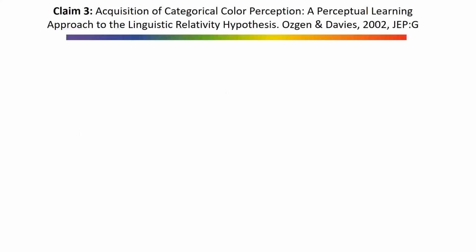Okay, well, this is quite interesting and raises another question. How do we acquire maybe these color categories? This is something that, when my paper that I talked to you about in Cognition was in review, our reviewers suggested that this is a very important study to look at because some of its findings may not go quite in line with what we find. And this is the paper by Özgen and Davies showing that we can simulate acquisition of color categories using perceptual learning, and that this learning is not too dissimilar between hue and lightness.